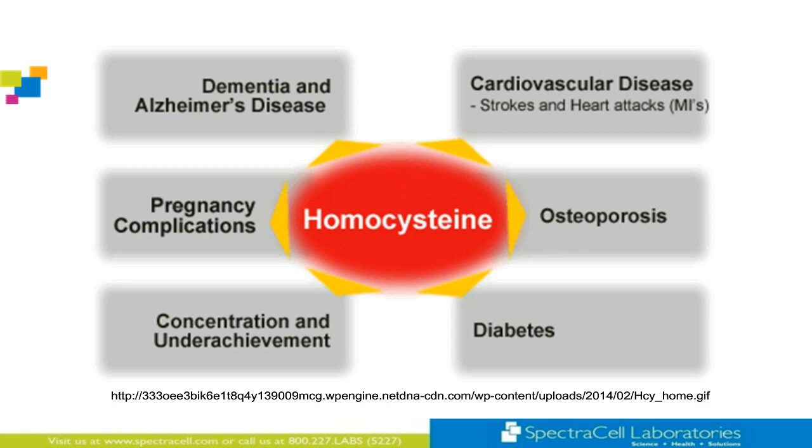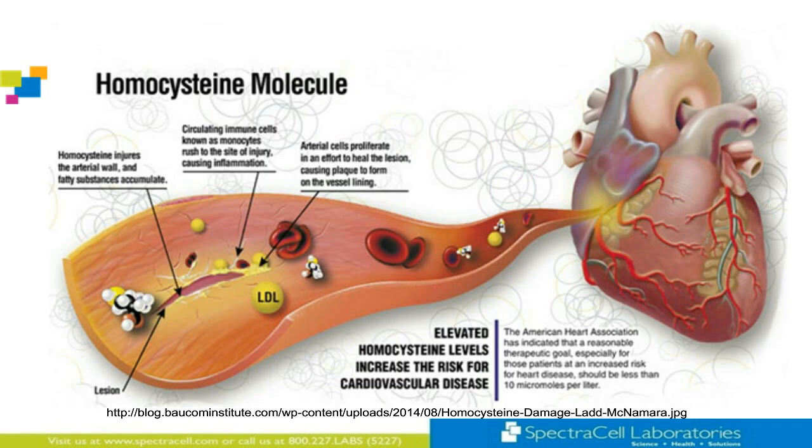So let us review for just a moment homocysteine and the actual pathophysiology that we see when we're dealing with cardiac implications. We know that when homocysteine is elevated, homocysteine as an amino acid can directly injure the arterial wall. And when that happens, it's like a rupture of the